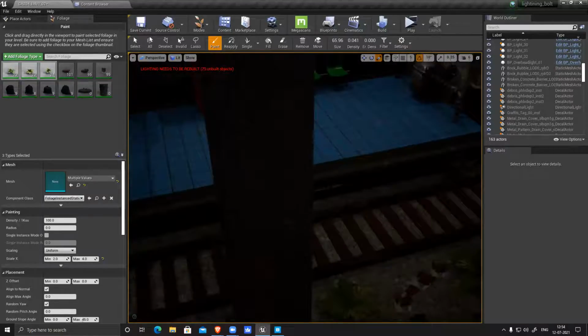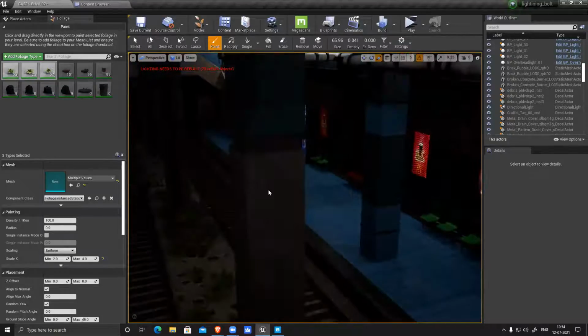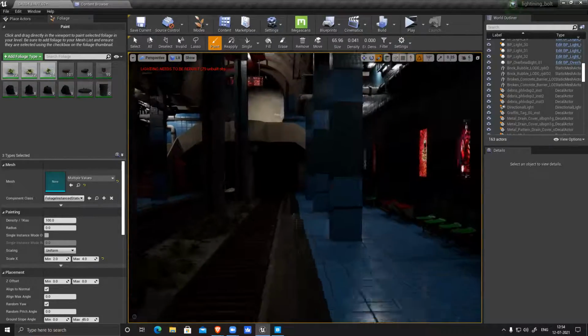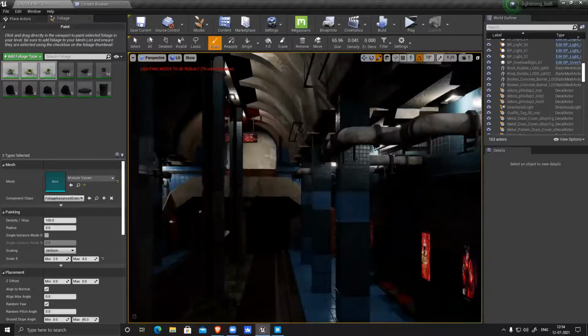So like this, I can add all this foliage. So what I'll do is my base structure is, as you can see, almost ready. Because if it's a closed thing, I cannot really add foliage. If it's a ruin and a damaged structure and there are holes and water dripping or something, then only we can have foliage. So I need to create some holes on the ceiling.